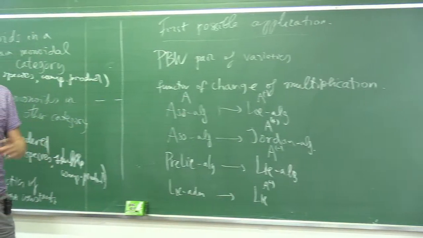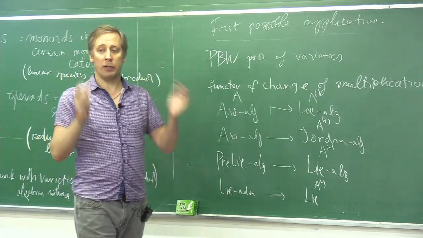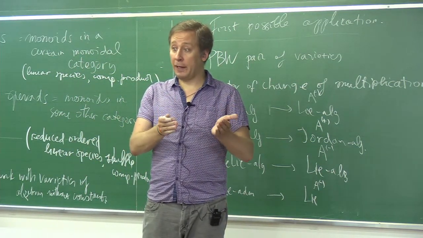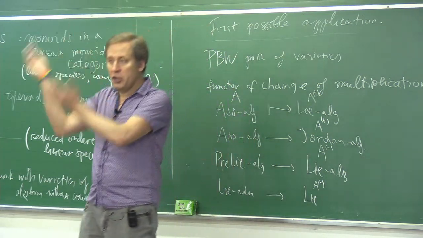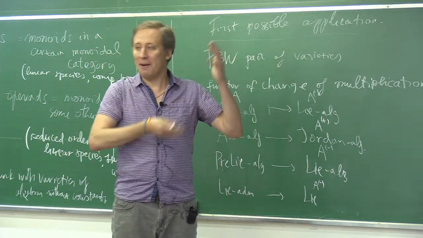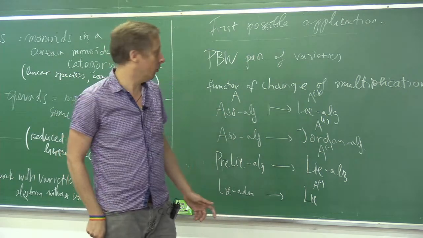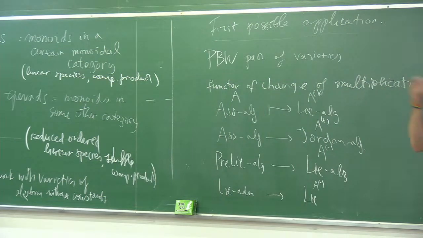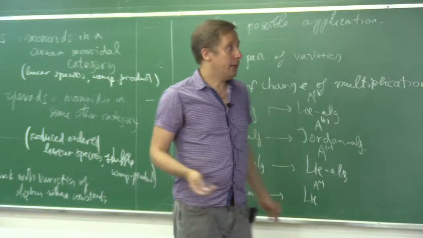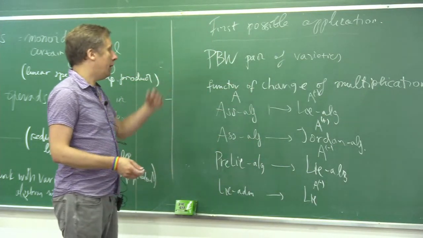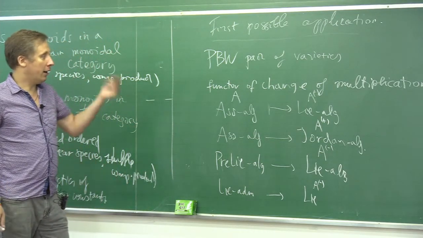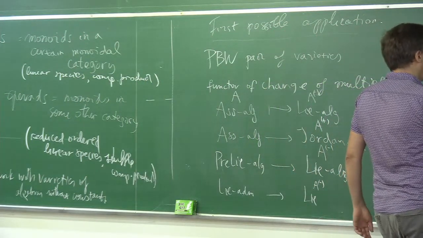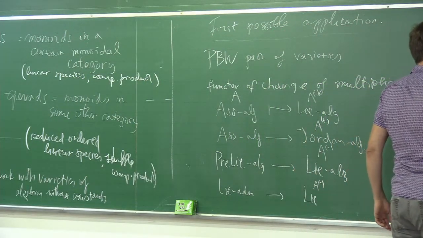functor of change of multiplication, meaning that you start with some variety, which is a space with some operations, and define new operations using some combinations of the existing operations. So you define a minus, a, b plus b, a, this kind of thing, and so on and so forth. So in general, functors of change of multiplication are something like that. And perhaps I should say that in terms of operads,